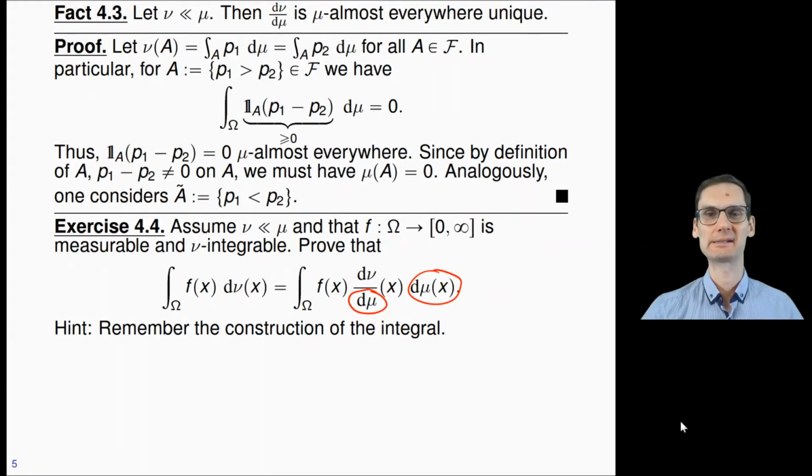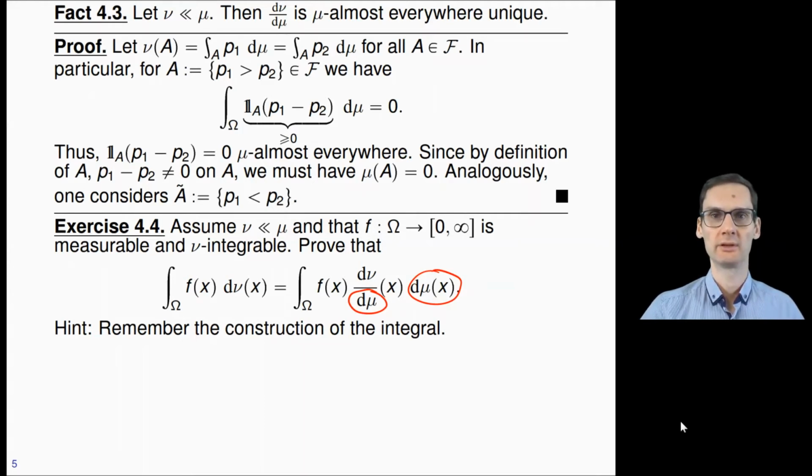Here is the next exercise. Let's assume that nu is absolutely continuous with respect to mu. Now, please have a look at the left-hand side of the equality that we are supposed to show in this exercise. There you see an integral of a function f with respect to the measure nu. If you compare this to the right-hand side of the equation, then there you have an integral with respect to the measure mu. And you don't only integrate f, but you integrate f multiplied by the density of nu with